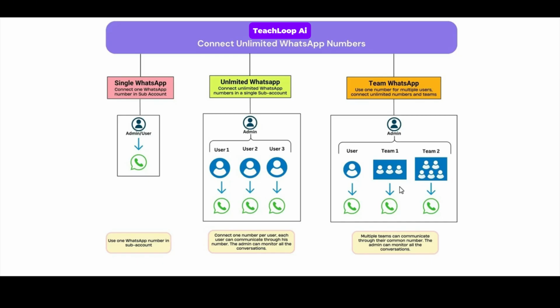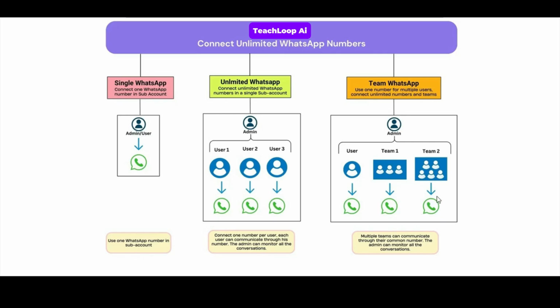So this is a very high-tech feature where you can use the same number in communicating with your customers for every individual team. Here, you can use a separate number for the sales team no matter how many members you have within this team. 2, 3, 4, 5. In the same way you will be having a different separate number for the support team as well. Here you may have as many members or unlimited members as you want within this team who would communicate with